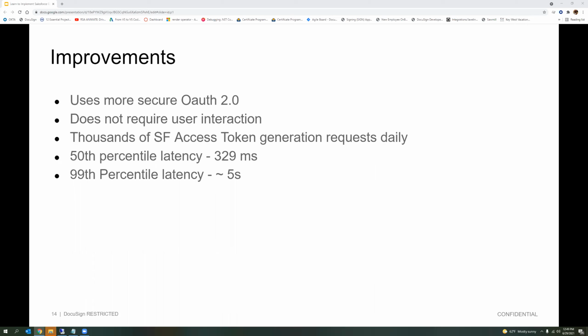Cool. Another question in is, what is the life of the access token that we get from JWT, and who controls it? Yes, that's a great question. The Salesforce access token lifetime can basically be set by an admin. There is a default, I think, of 60 minutes, but you can alter it. But if you see in the flow, we generate a small JWT token first, which is then sent out to Salesforce to get the actual access token. That JWT expiration can be set by you.